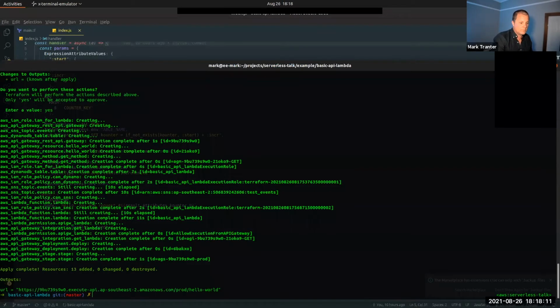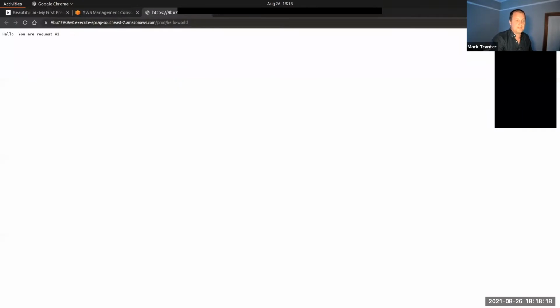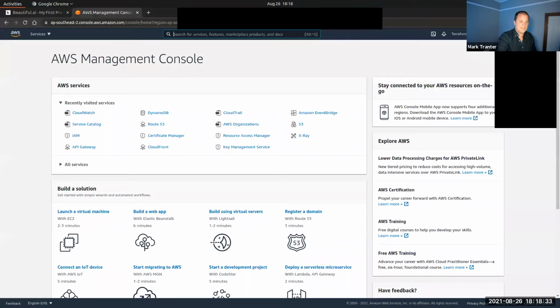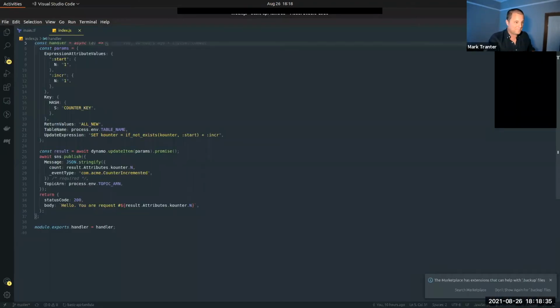Great, which gives me my output of my API, little hello world service I can call over and over again. I have a little counter in that service just so you can see that I haven't cheated. It really is stateful. It's remembering every time that I make that request and just incrementing a value in a database. So this is Terraform 101.